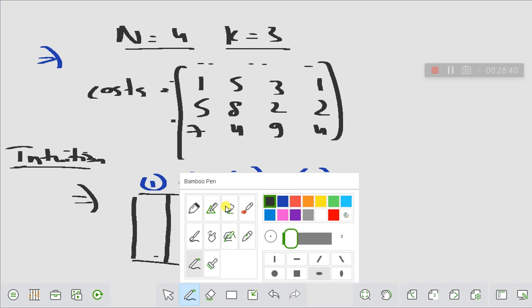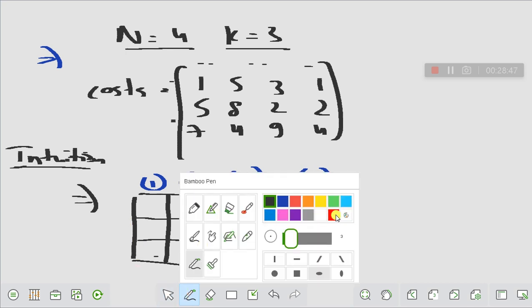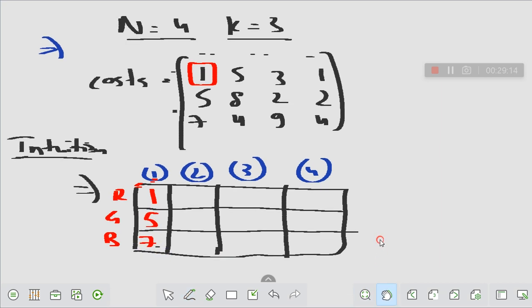Here I have 3 colors. Okay, now for the first wall, let's say the colors are red, green and blue. The cost of coloring the first wall with the red color is the same as the cost given here, so it is going to be 1. And after that the cost of coloring the first wall with a green color is going to be 5, and it is going to be 7. Same for the first wall. Now for the second wall,